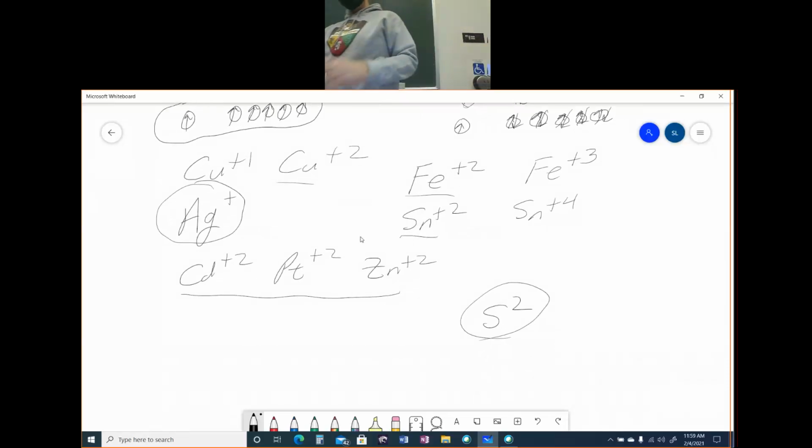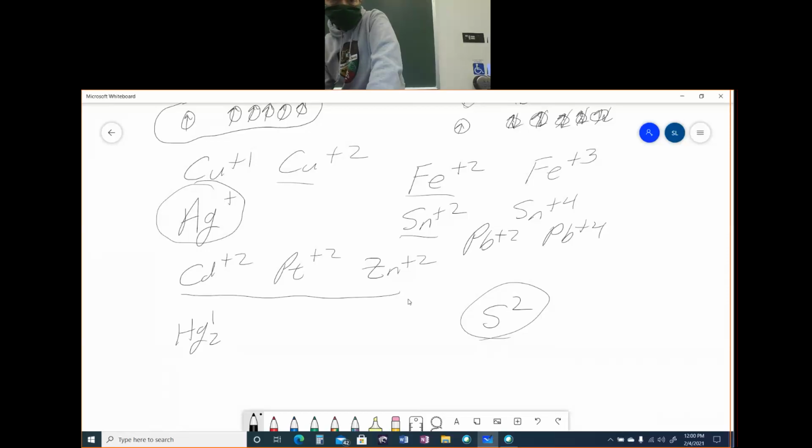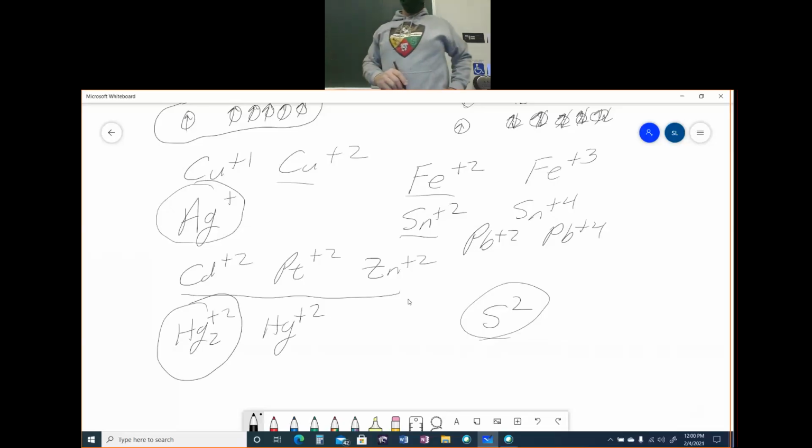But you will have plumbous and plumbic. That's not one that I have you memorize, but lead is plus 2 and lead is plus 4. So plumbous, plumbic. And then the classic is mercury. Because this is a classic ion. There may be others. This is the most common one. This is the only one that is used very often. It is the only, I wouldn't say only, it's the only one that I've ever seen,